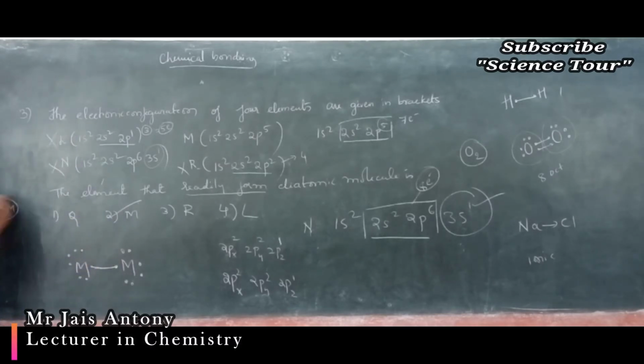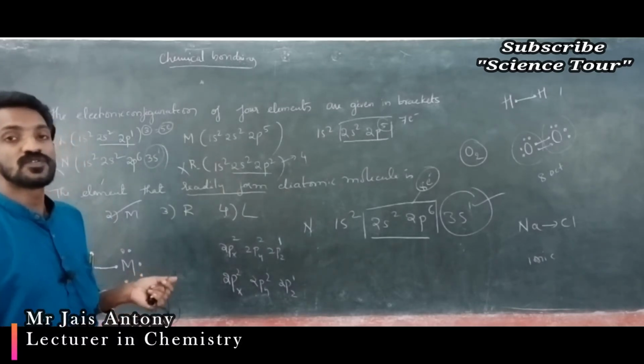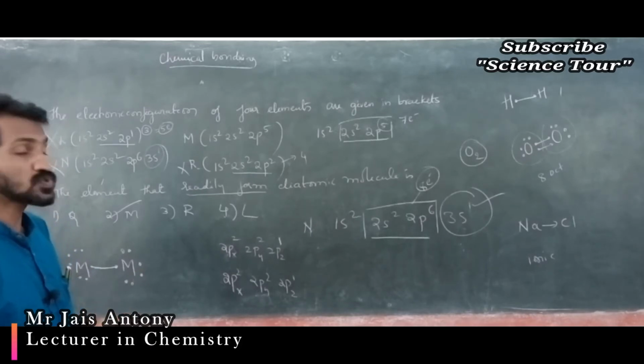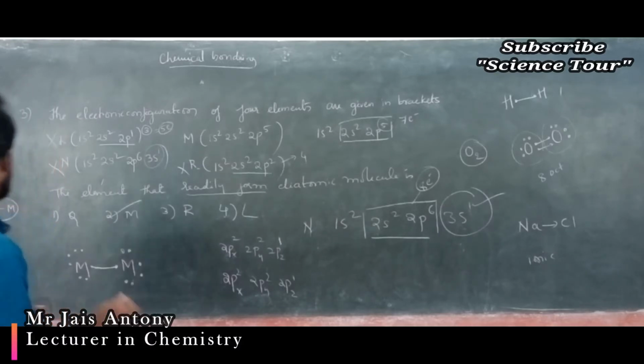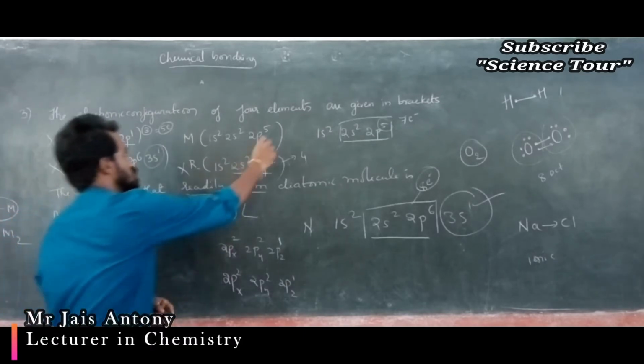MM. Diatomic means two atoms should be there. Diatomic, not divalent. Diatomic. Understood? Diatomic means 2 atoms should be there. Now by sharing electrons, this becomes M2. So diatomic, 2 atoms are present. So this is explained. This part I explained here. Okay.